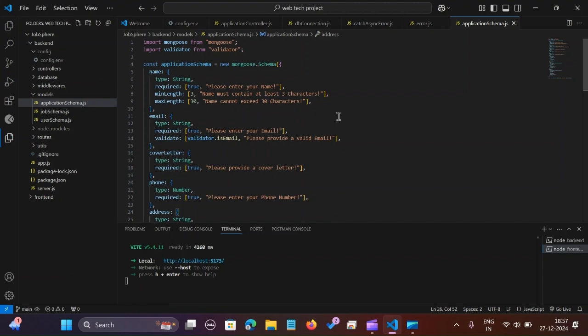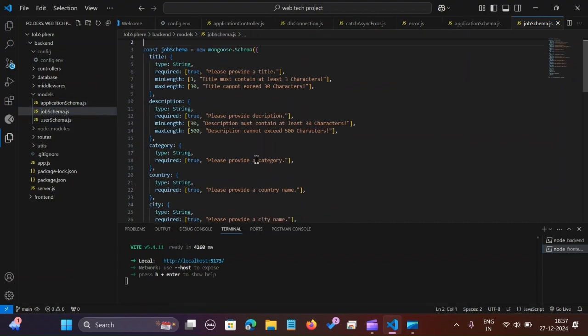Now, let me tell you what this means. It defines the structure of data in your application. It is basically a validator. For example, if the name is not filled, it will give a notification. If the location is not at least 20 characters, it will give a notification and not allow us to proceed.